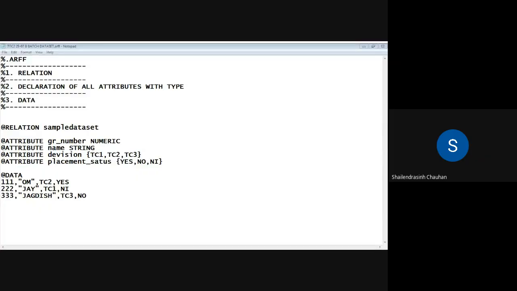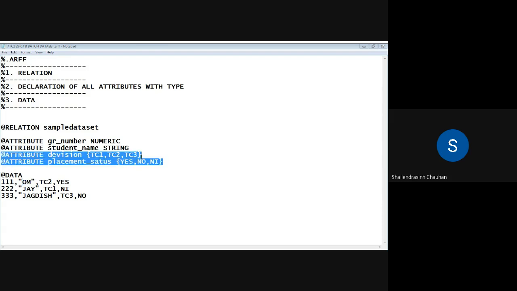Okay, so taking your question now, Ami. Here you are talking about the last attribute, placement status, right? Okay, fine. So wherever you want to have string kind of attributes, you can mention it like this. Let us say name is one string attribute. You mention it as attribute, then the name of that attribute, let us say student name. Then the type of this attribute is, let us say, string. So all the attributes with string type should be mentioned inside double inverted commas.